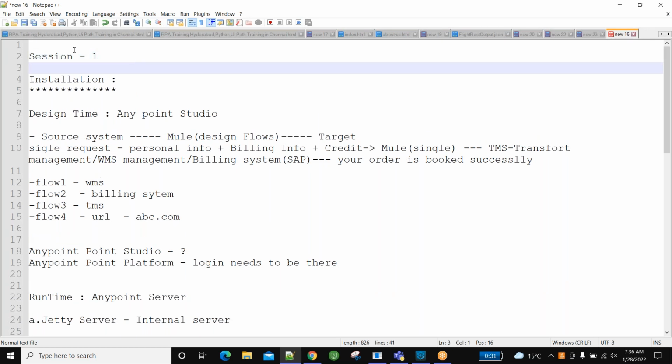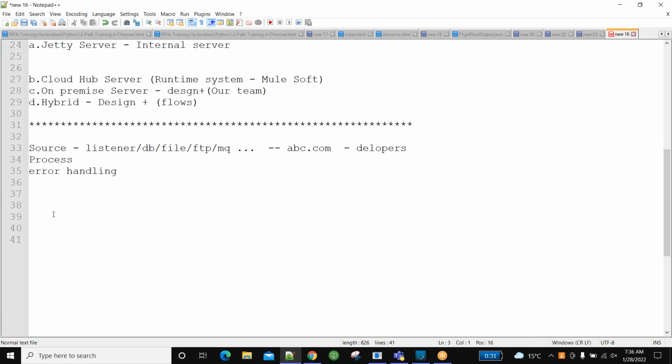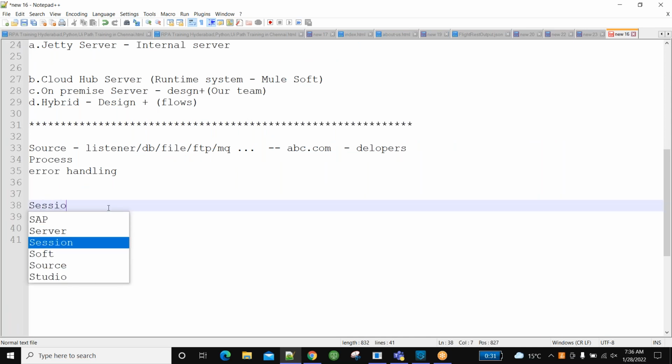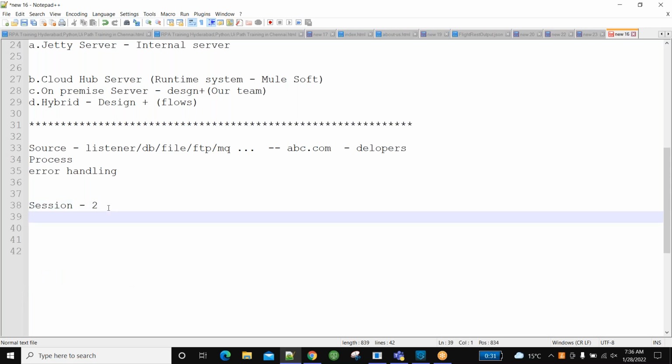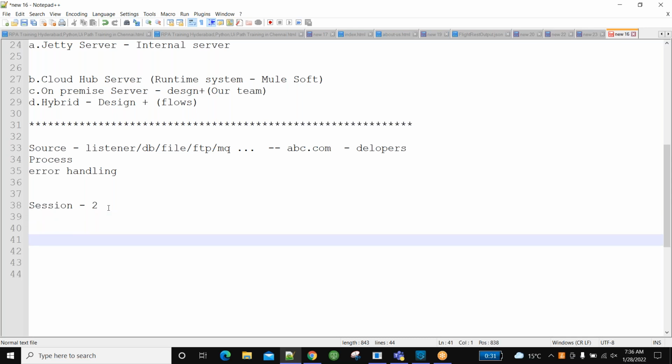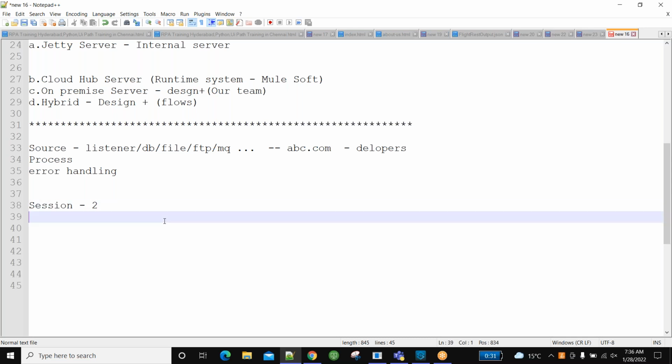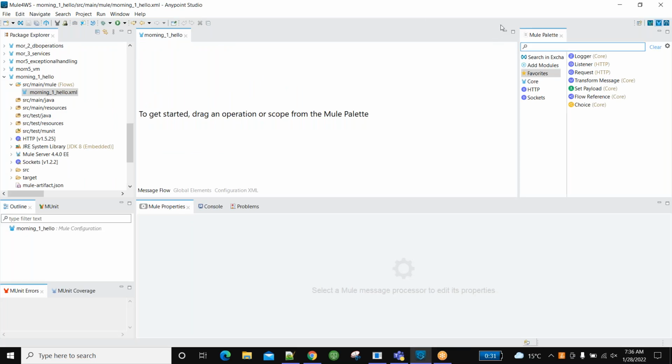And today in session 2 we will be discussing a basic sample. Core components we have seen. The people who have not gone through it, please go through the session so that you will be clear. Our people will share it. Today we'll understand the concept. Because this is the first class only on demo. Okay, fine. As soon as we create any mule project,